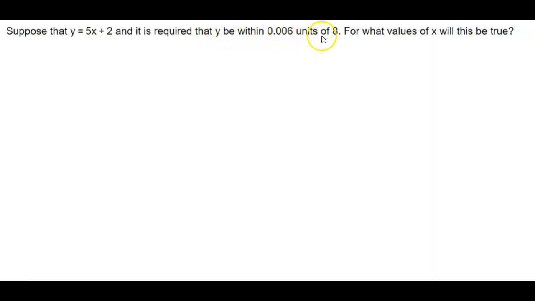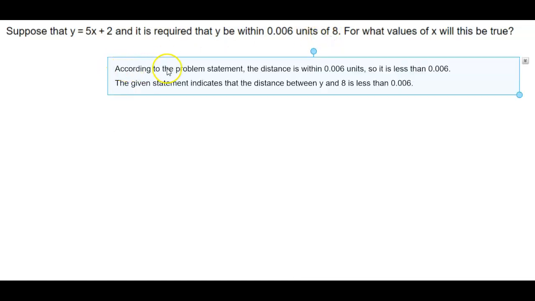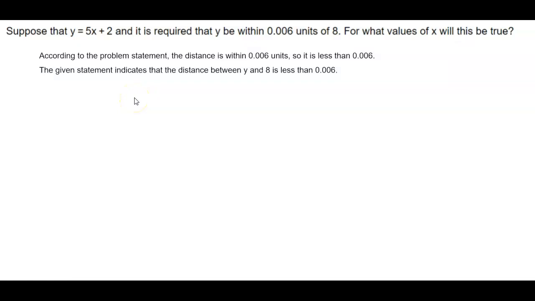0.006 units of 8. Now, first and foremost, we need to take a look at the first part of the problem. According to the problem statement, the distance is within 0.006 units, so it is less than 0.006. The statement indicates that the distance between y and 8 is less than 0.006. So here is the formula. We have the absolute value of y minus 8, and that's going to be less than